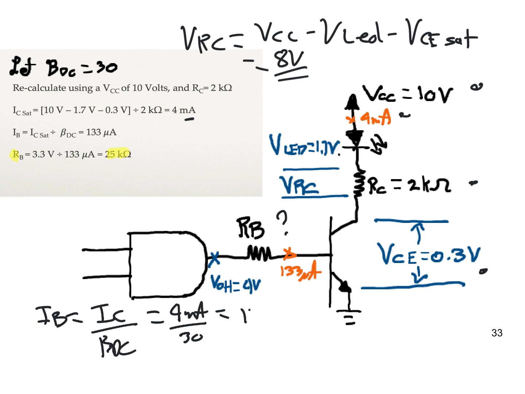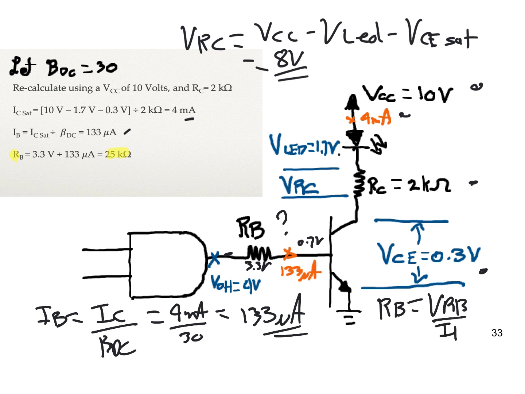That's 133 microamps, right? We have 4 volts here. We have 0.7 volts there. So we have 3.3 volts there. So therefore RB equals VRB divided by IB, which equals 3.3